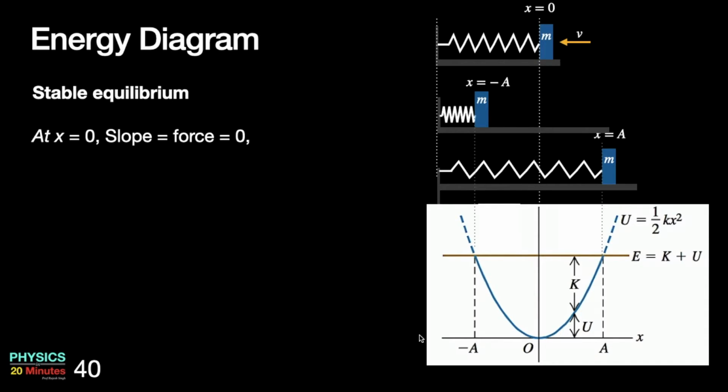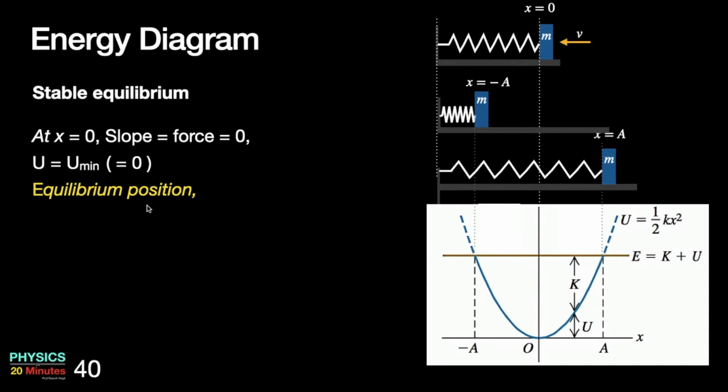So let's focus at x equal to 0 here. You can see that at this point the graph is horizontal. The horizontal graph has 0 slope. Now since in general the force is the slope of this curve at every point, at this point since the slope is 0, the force is also 0. At x equal to 0, the potential energy term is minimum. So such a position is normally called an equilibrium position.